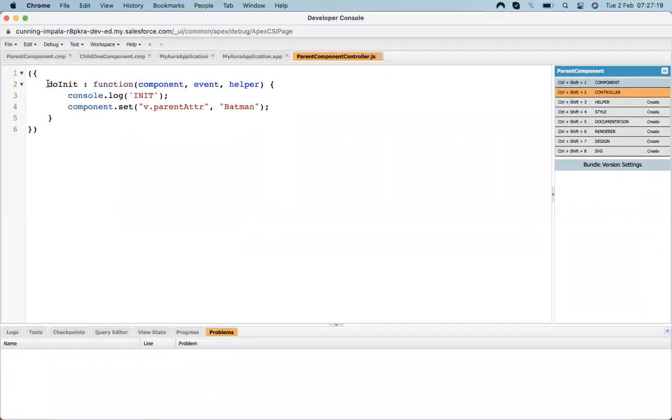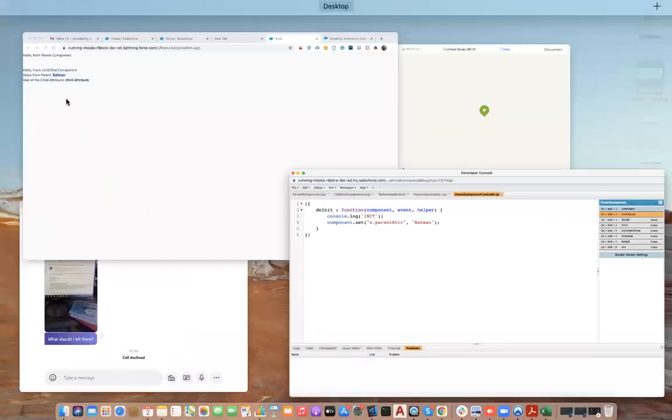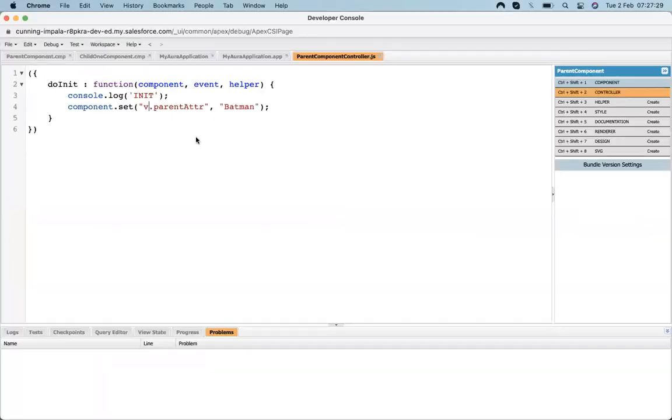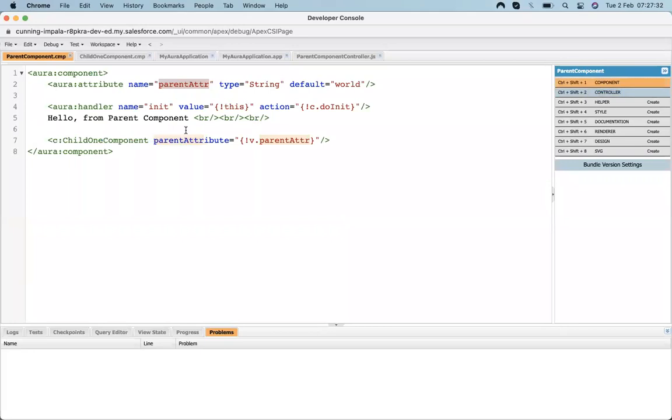You can say that if I change the value inside the parent, the child will also get updated. It's not happening only that way. If I create a button and hit the button, I will change that value, and it will also get changed. It's a property of Aura that whenever I change the attribute value at any place, all the places will get reflected.